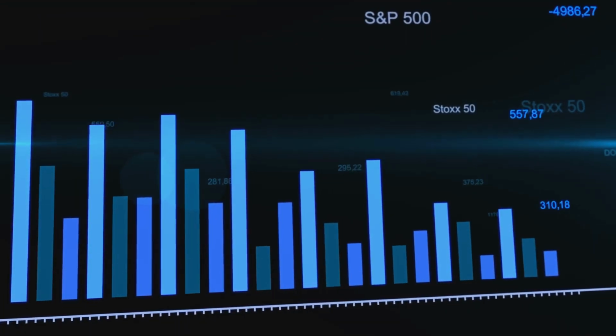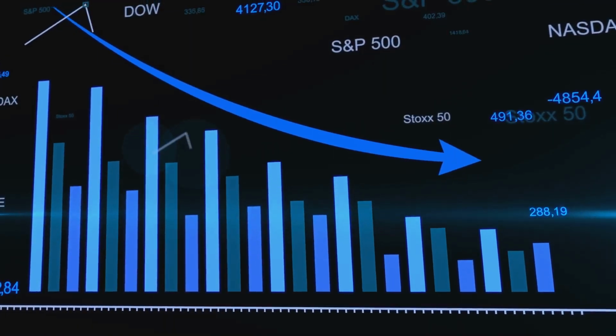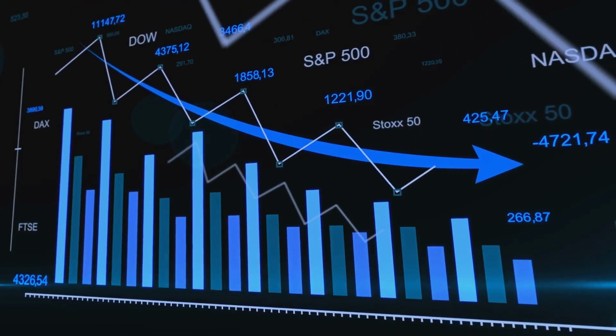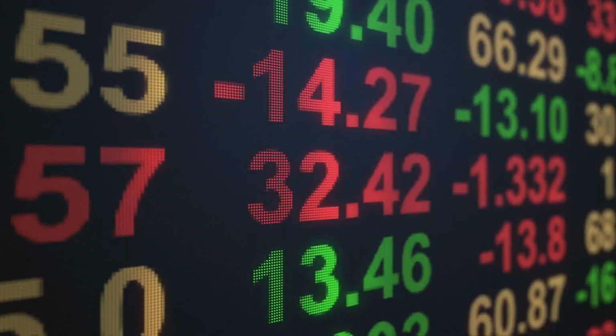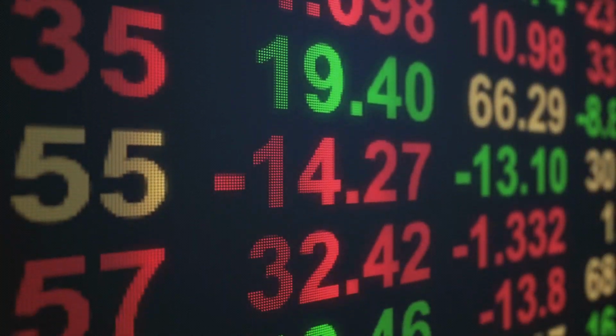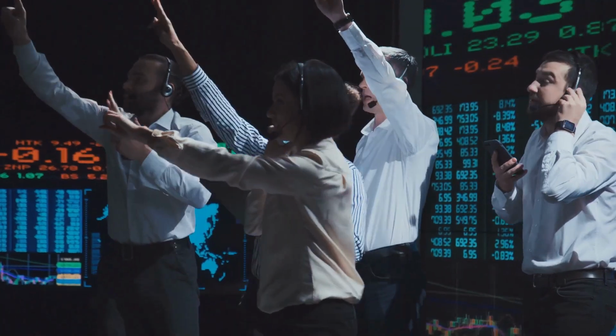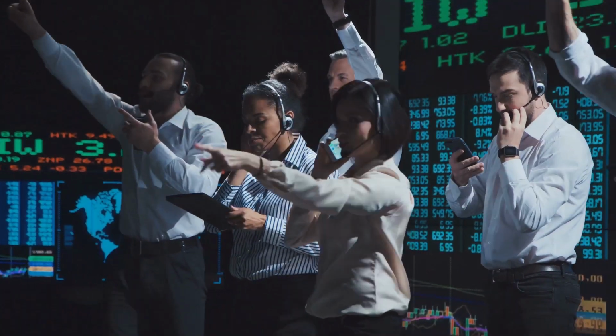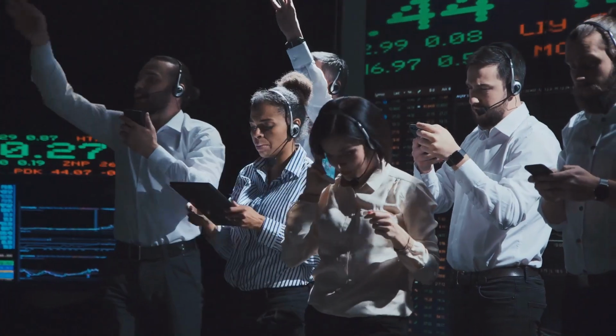On October 29, 1929, also known as Black Tuesday, the US stock market crashed. Investors had been speculating heavily, borrowing money to invest in stocks, leading to an unstable market. When panic set in, millions of shares were sold in a single day, wiping out billions of dollars in wealth.